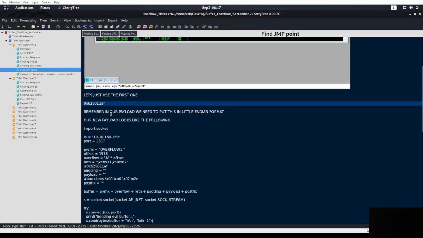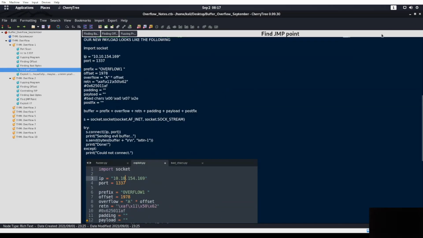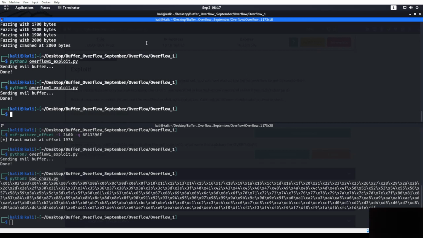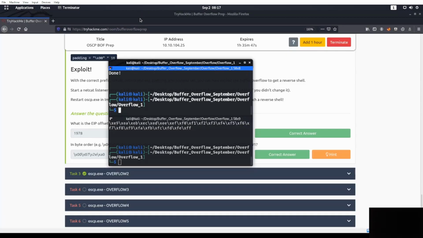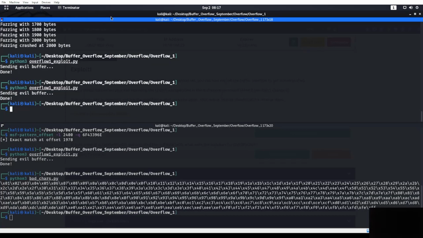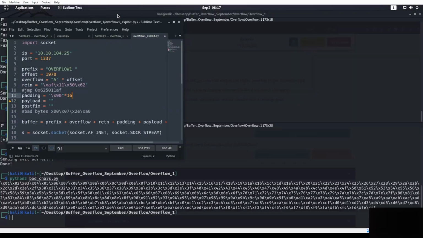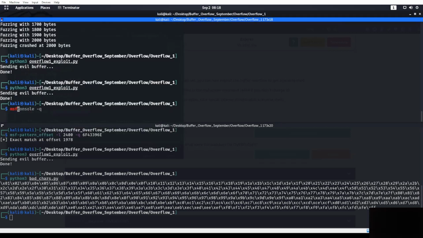All right. So now all we have to do really is just make our payload. So we're going to make our payload. I'm going to move this over a little bit so we can actually see what our bad bytes are. We're going to get this pulled up. And obviously I'm just going to copy this right here. There we go. So what we're going to do is msfvenom -p windows